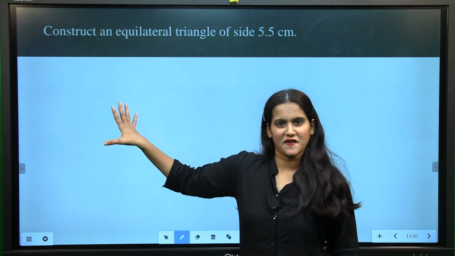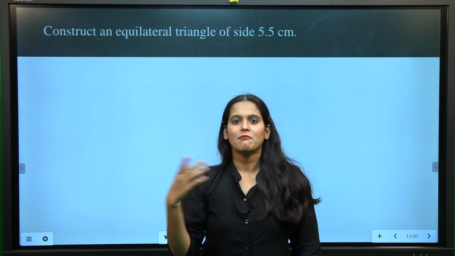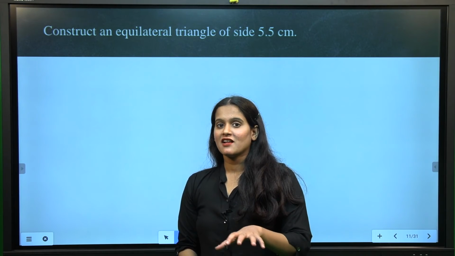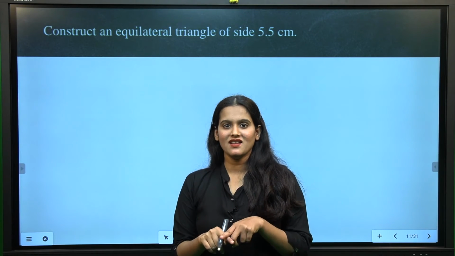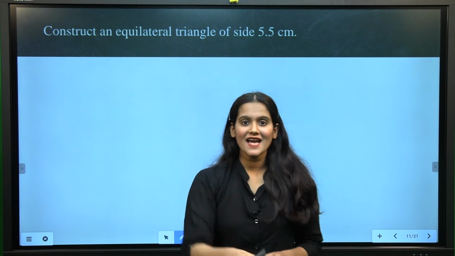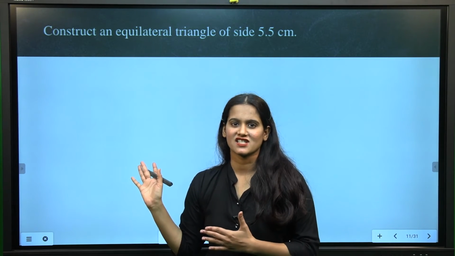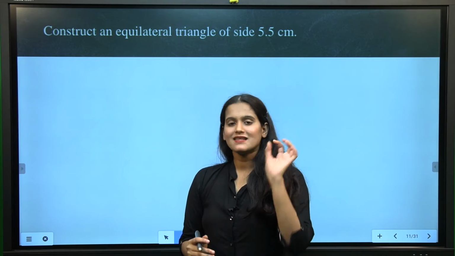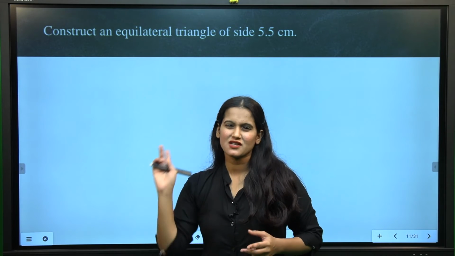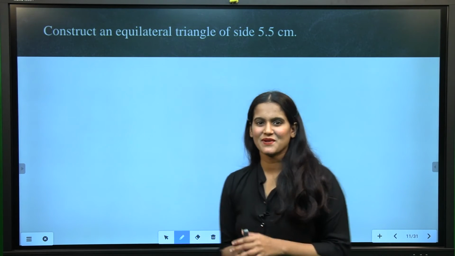Okay, this is also the same thing. SS criteria. Equilateral triangle, they are given only one measurement. But we already know, right? What is equilateral triangle? Equilateral triangle means all the sides will be equal. So all the sides will be how much? 5.5 centimeter itself. We know the sides. So just do the construction. So if they are given any one side and if there are like isosceles triangle, you can do it. Because isosceles triangle means two sides are equal. It's very simple, no? Yeah.